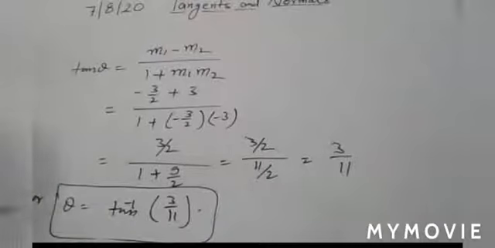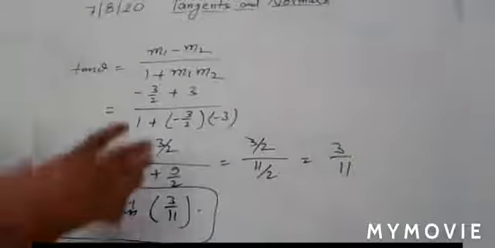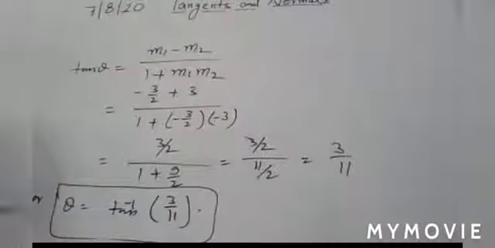Excuse me, sir. Yes, beta, tell me. So we can write tan theta is equal to m2 minus m1 and m1 minus m2 both. Actually, if you write m2 minus m1 or m1 minus m2, you have to take the modulus value here. Understand? Actually, here you take mod, which means it gives the obtuse angle. Yes, you have to take any value, but if you have any negative value, you can take mod here. So it's your choice. Either you write the complete formula within mod and put its value, or you can write it in this way.